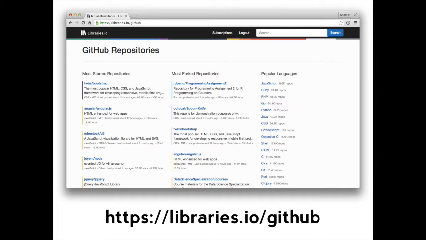Having indexed most of GitHub's open source things lets you drill down and view interesting projects in different ways. You can drill down by language and see the most forked, most starred, new projects or recently pushed projects, I think. And you can also filter by license as well. And this is just the start.